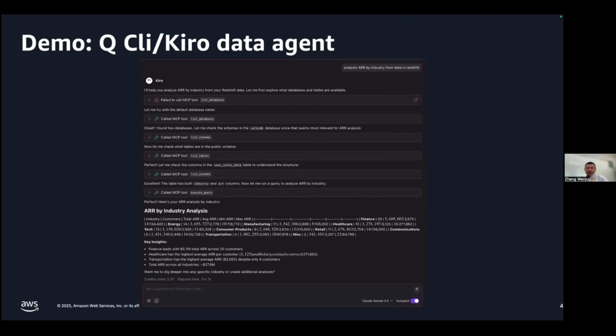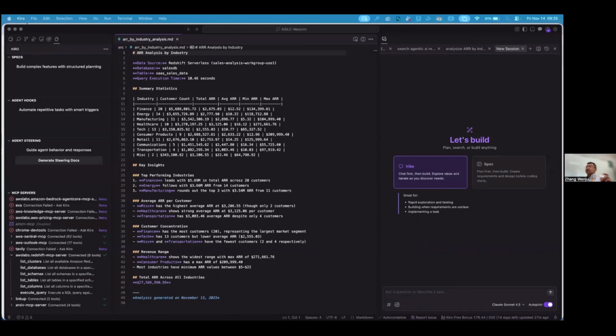Let me show you. I have some data in the data warehouse already. So here, this is my Kiro. Have you heard of Kiro? It's a coding agent, an AI IDE, developed by AWS.